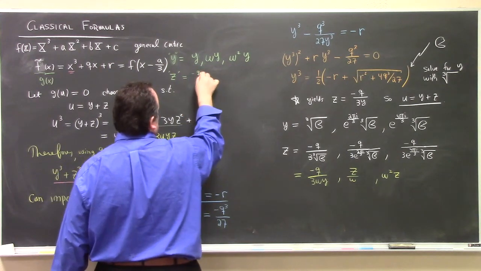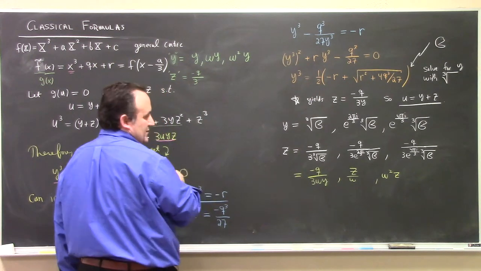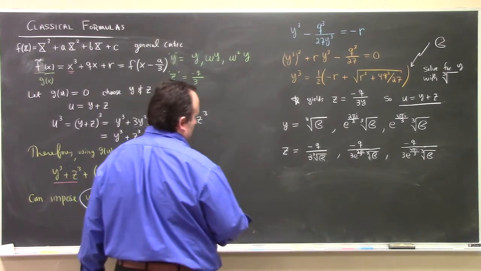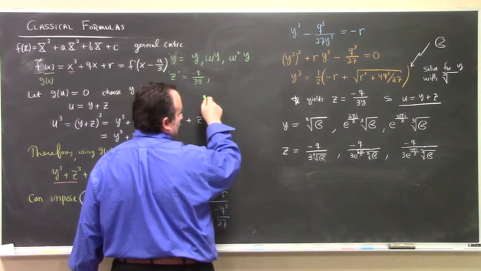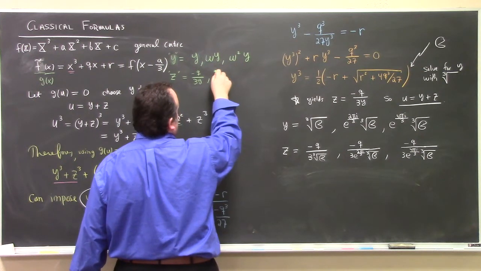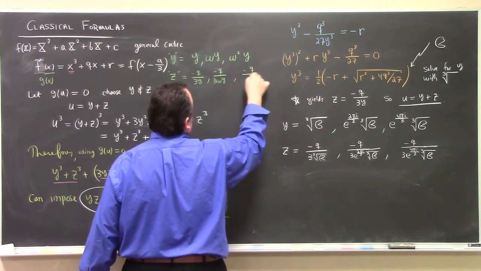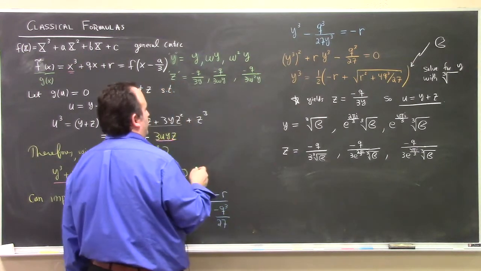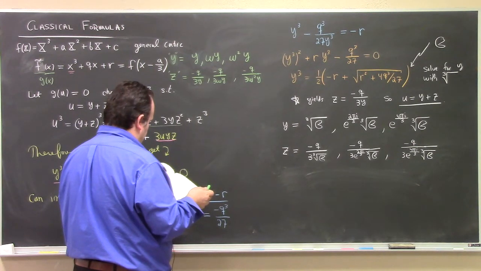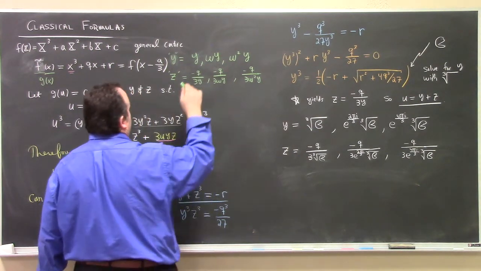It's minus q over 3y, or this one would be minus q over 3 omega y, or minus q over 3 omega squared y. So he just, all right, so